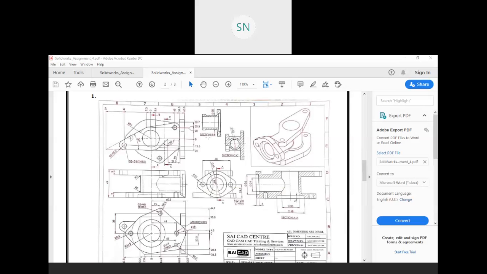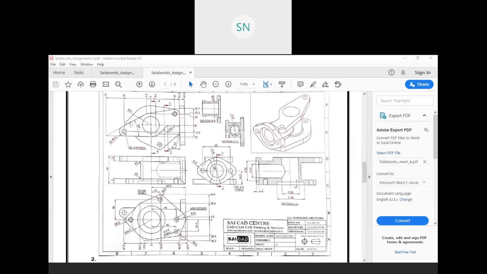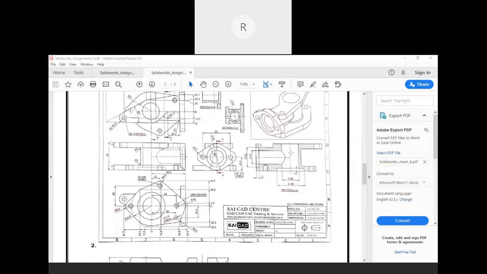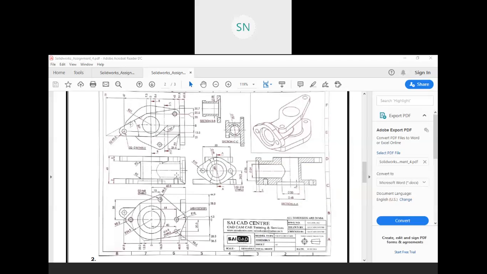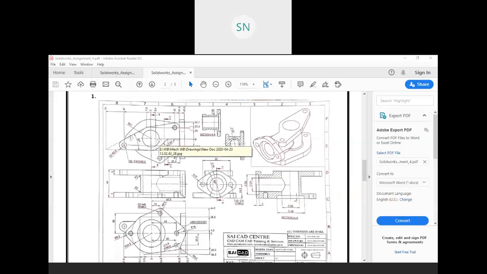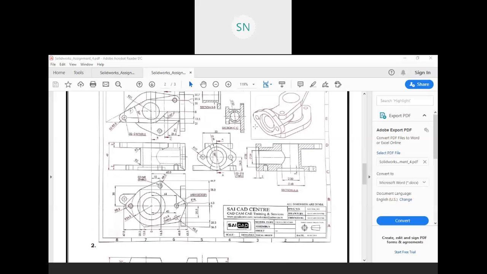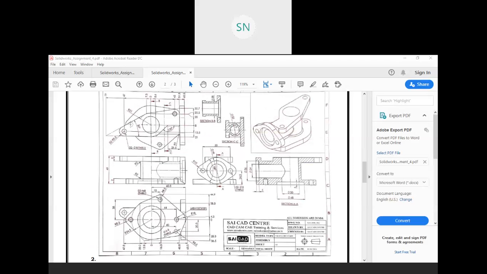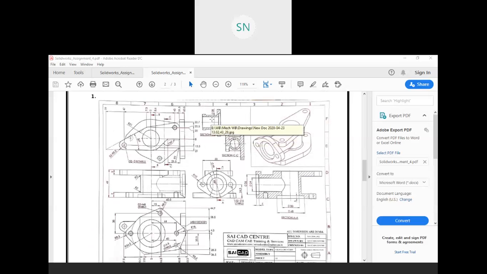Actually all the dimensions are given over here, but it's a little confusing to understand. So let me begin with this section view. If you notice, we have a 30 diameter, 24 diameter, and the overall dimensions that we need to find first. So 32 diameter section CC is given over here, and section BB is also given over here. So let me check where these sections are coming from.